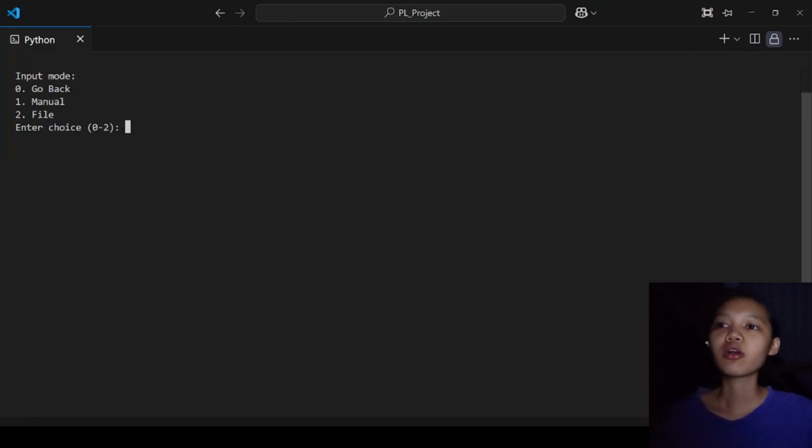After choosing a language, we can now choose an input mode, but aside from that, we also have the option 0, to go back and choose another language. Now we're going to try choice number 1, the manual input, wherein we manually type or paste our code in the program.